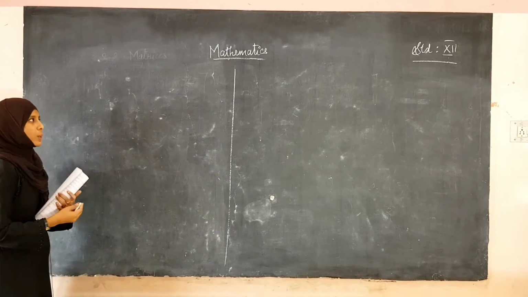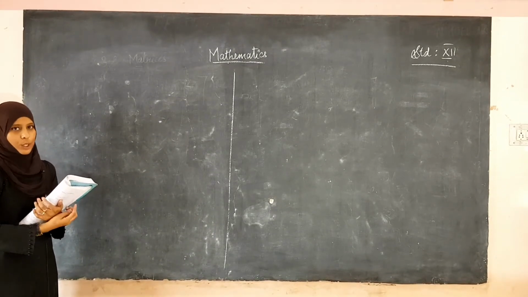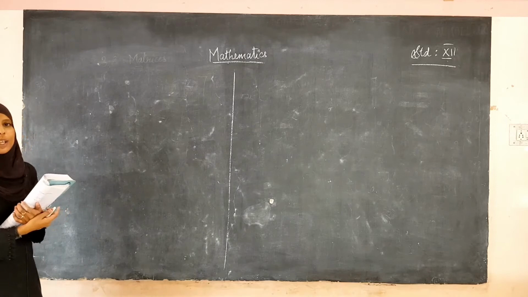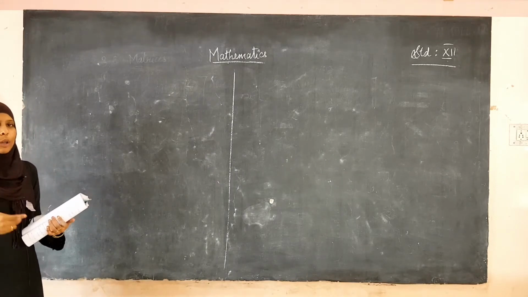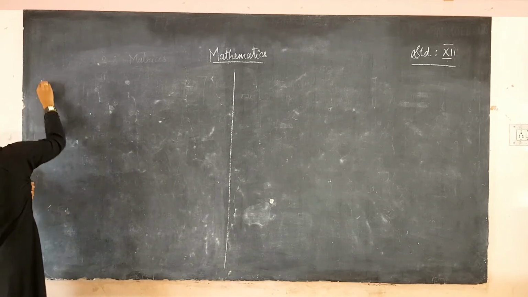So, in the last class we have seen the properties of inverse trigonometric functions, right. In today's class we are going to solve some examples following that. See example number